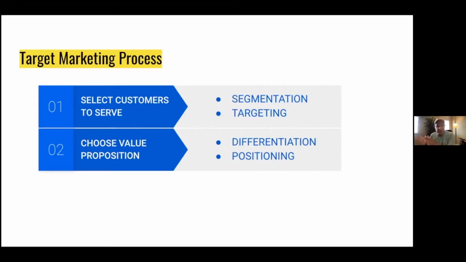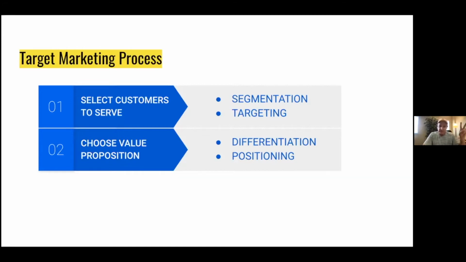And then you take that differentiation set, which is usually a set of things, and you create a marketing campaign that positions you in the customer's head as that differentiated product, and you create a convincing, concise, consistent campaign. So these are the steps.